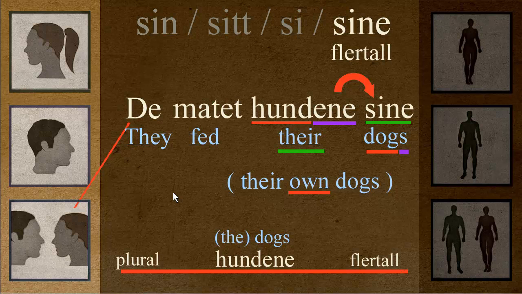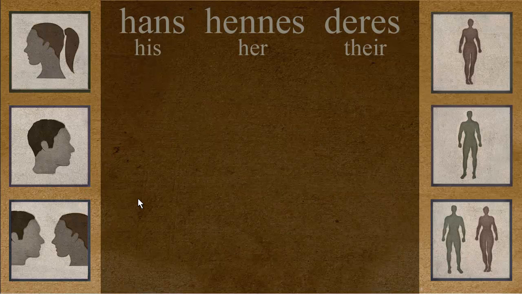Okay, so hopefully you got this and you understand what sin, sit, see, sine is all about. There are two things to really remember: they reflect back. They're reflexive, and they can't exist without something before, something to reflect off of. And when they do, it's the noun that changes and decides which one it is. And then, of course, in context, it means their, his, or hers. All right, so now that you kind of get that, we can move on to hans,